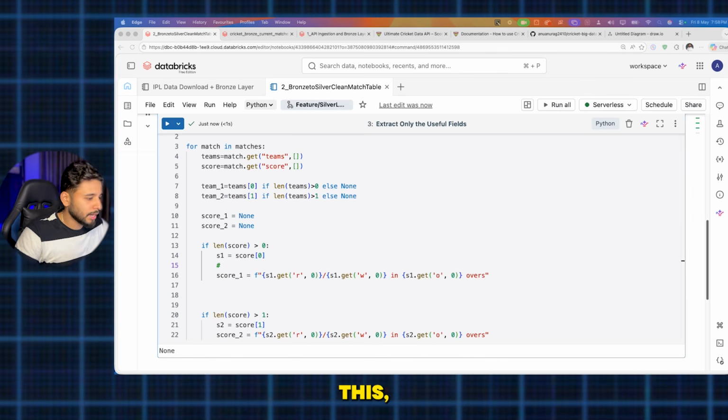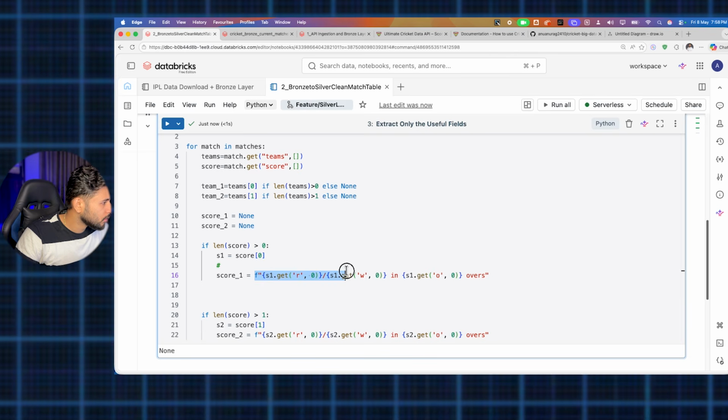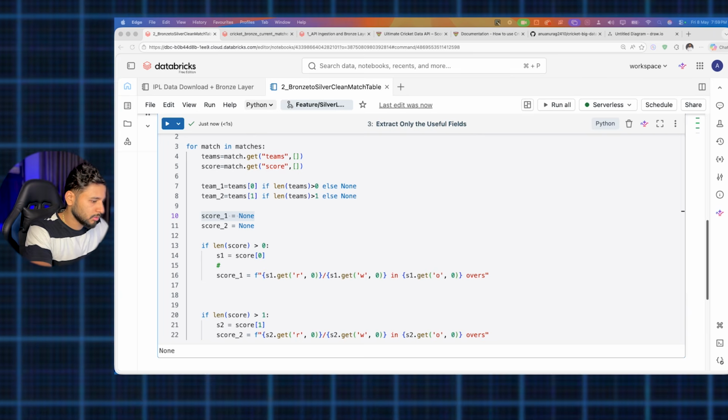Because if you do not do this, this will help you in formatting it in real